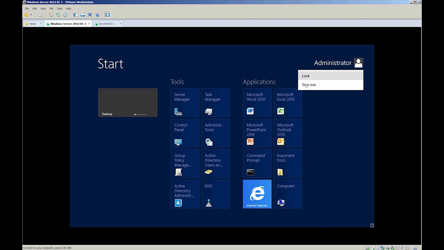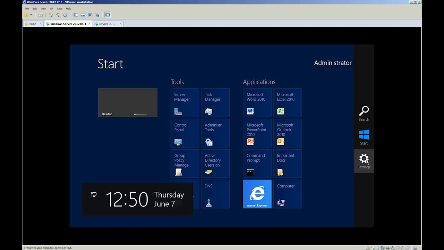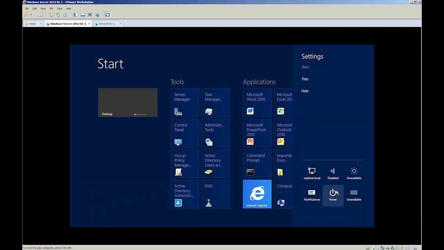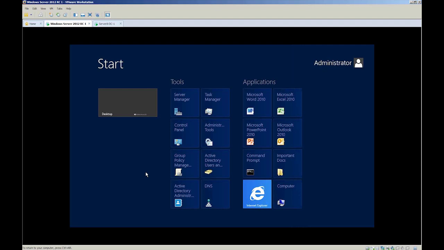I have to click on Administrator, and then this is where I can sign out. It's called Sign Out now, or lock it. Or if I come down here and don't click on the minus, just put my cursor on the minus, and then come up here to Settings. This is where I have my power button, and this is where I can choose to turn it off or reboot the computer. Well, I'll tell you what. I want to actually give myself an easy way to do this.